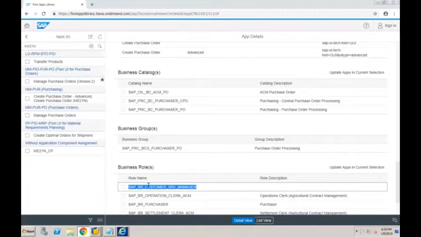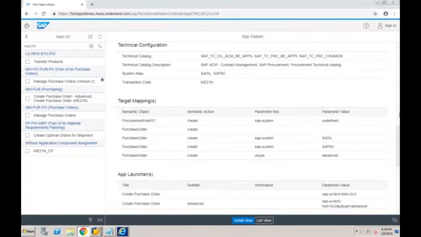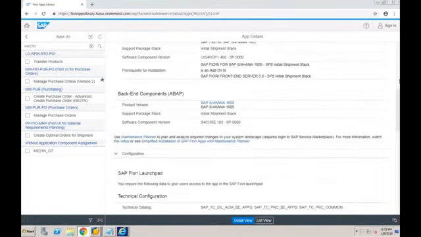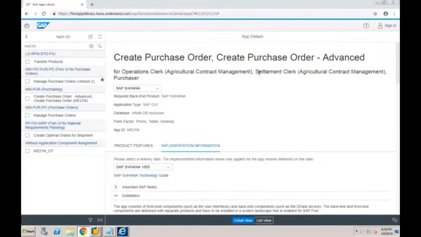So this is how you can find out a role which will be required to be given to the end user if he wants to access that particular transaction. Now you are clear about what the SAP Fiori Apps Library is. Any questions before we go to the slides?